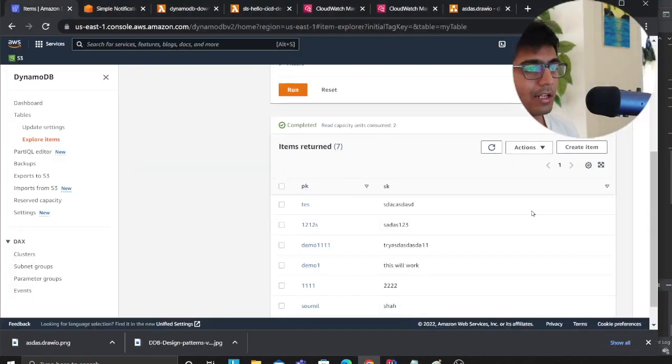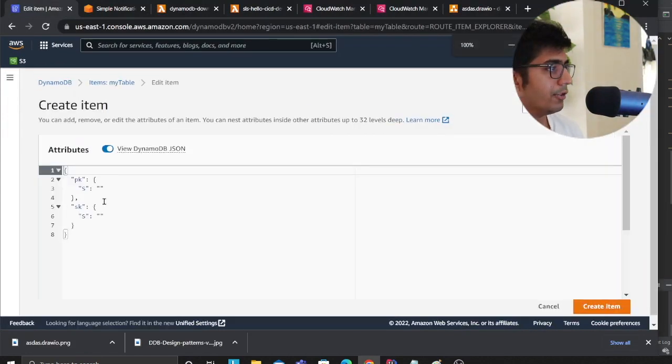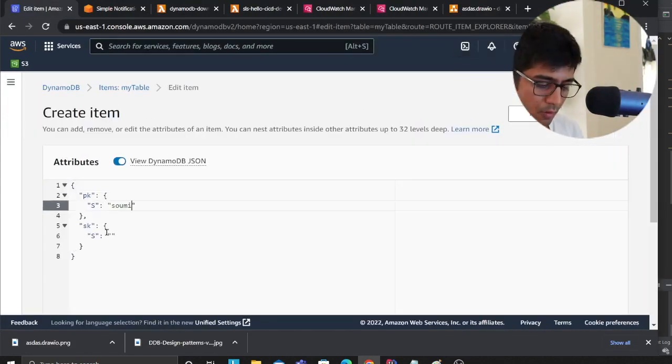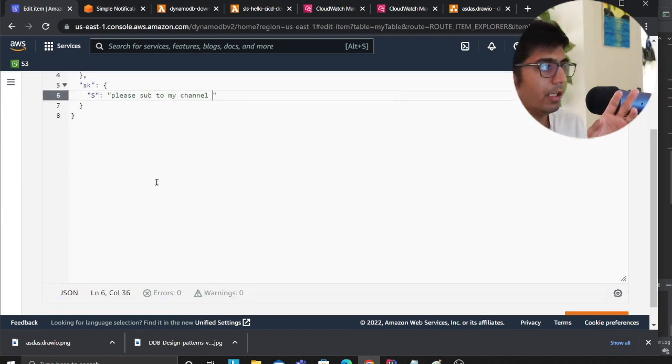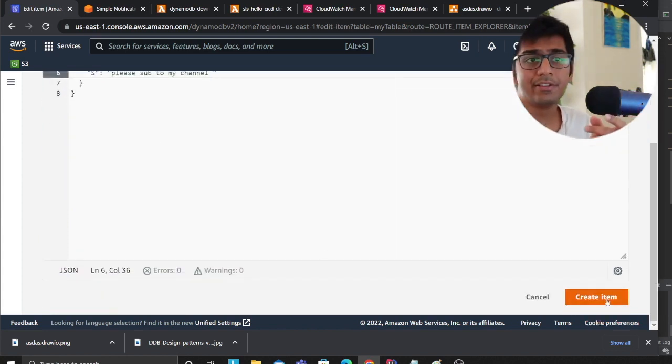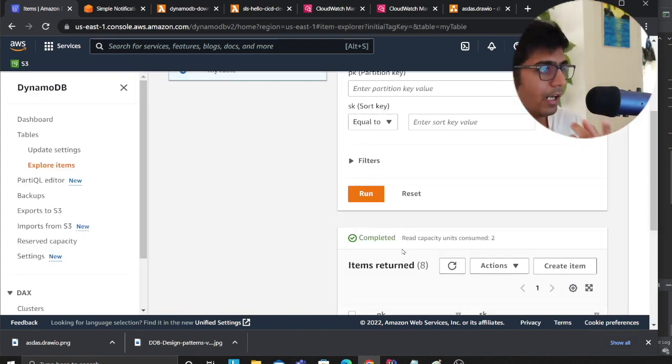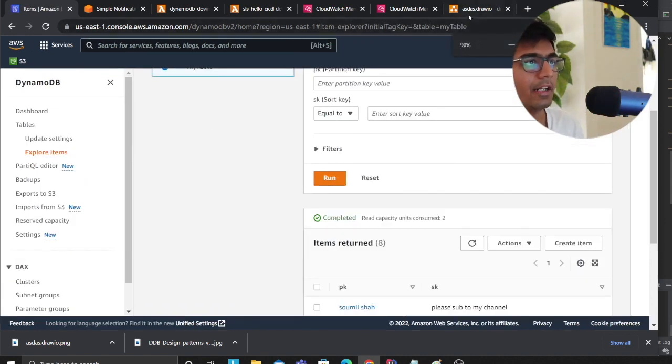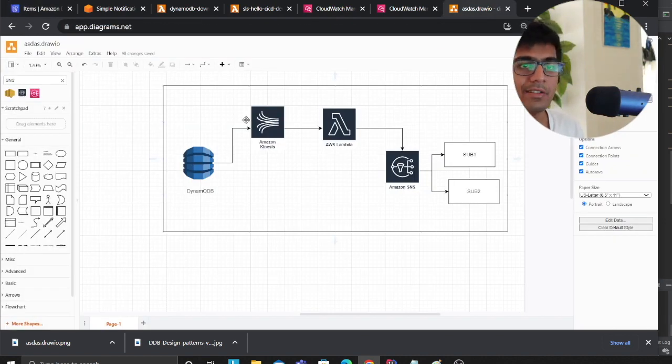So let me show you this in action. This is amazing to watch, right? So I'm going to insert this event into Dynamo, and all this happens in near real time. So ready, create item, I have inserted, which means at this point in my architecture, if you observe, it will go to the Kinesis data stream, the Lambda will get the data, and then it will do the pre-processing, and then essentially will pass to the SNS topic where we have our downstream users, multiple users who are subscribed to